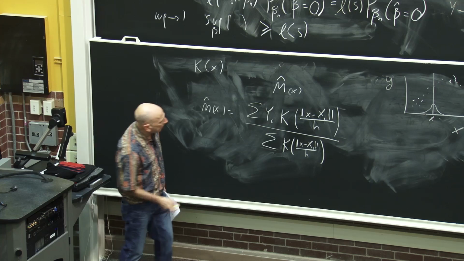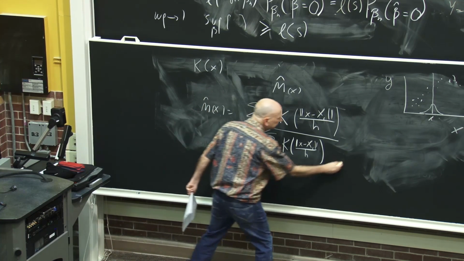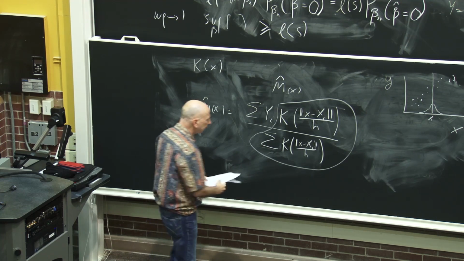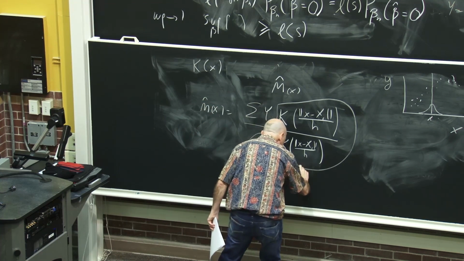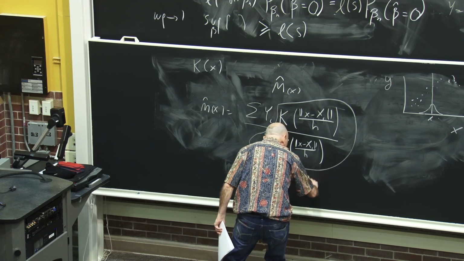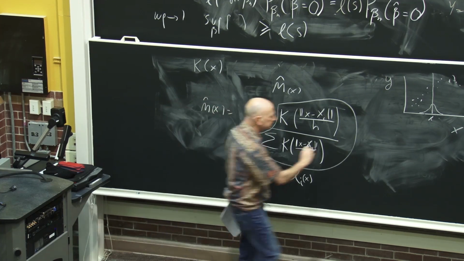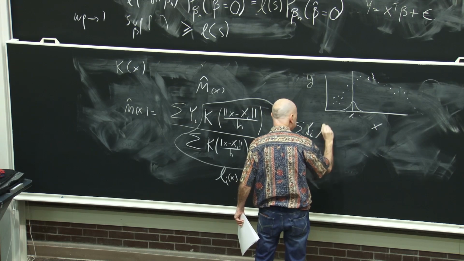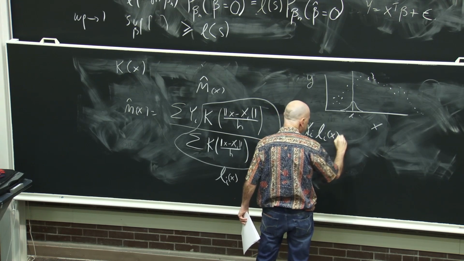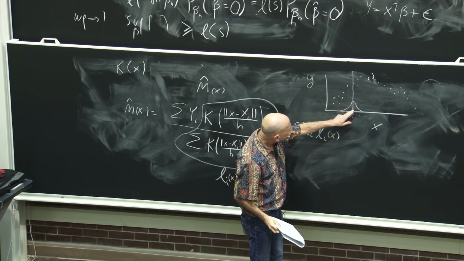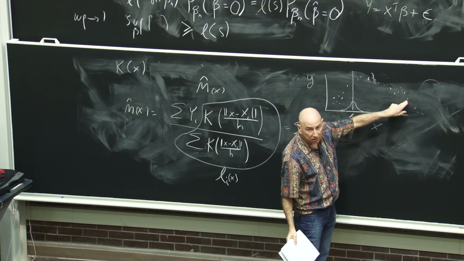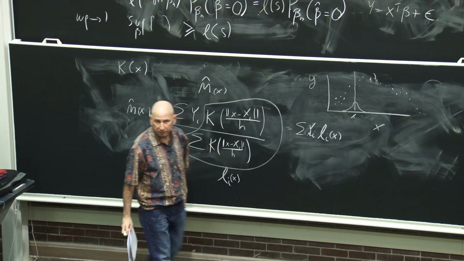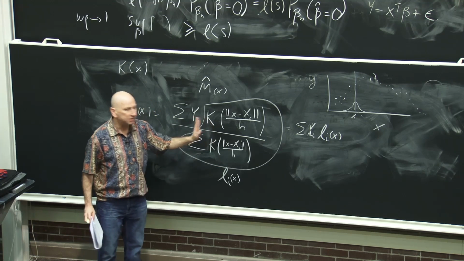And the reason why we have to do that is the following. If I take this thing, let me call this, did I give it a name in the notes? I'm going to call this whole thing a weight, the ith weight, and it depends on where we're doing this, say Li of x. So I can write this as yi times the weight Li. The weight depends, though, on each data point. If you're over here, this data point has a high weight, this data point has a low weight. So this weight is a function of the target point that we're estimating at. The reason for dividing through by this is to make sure the weights sum to 1.